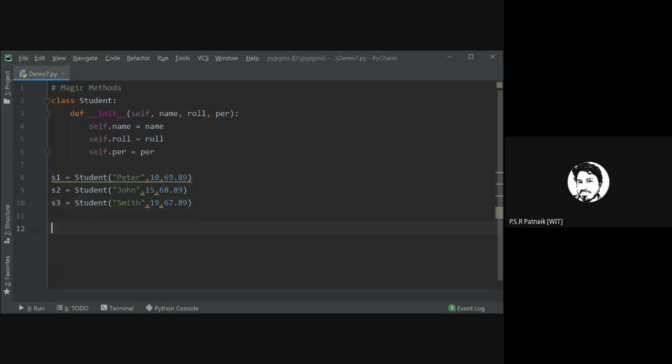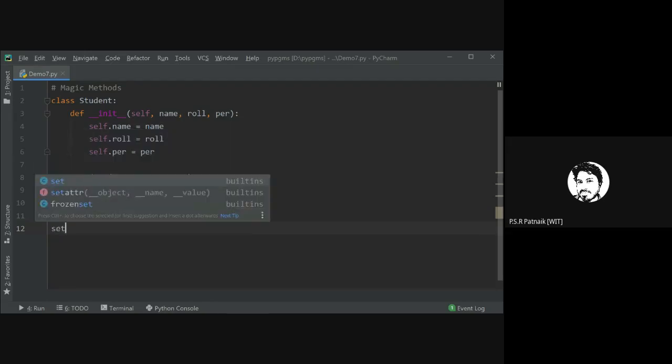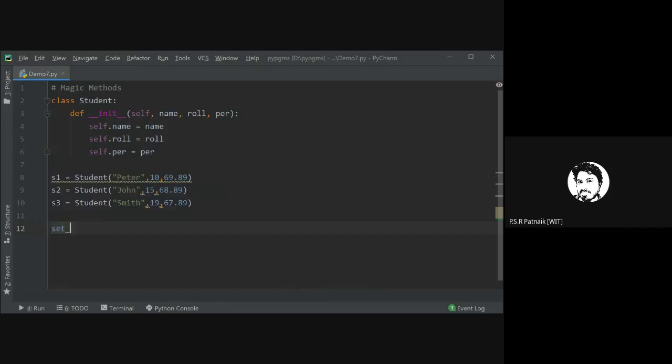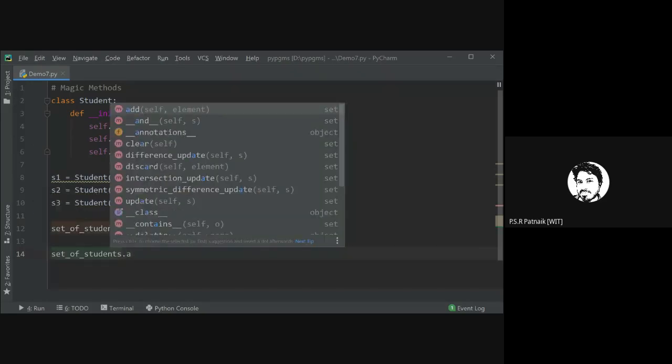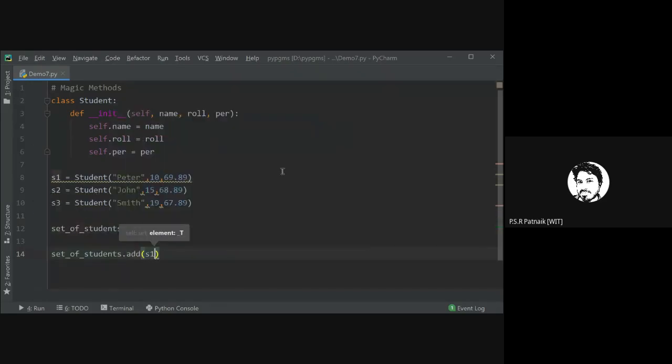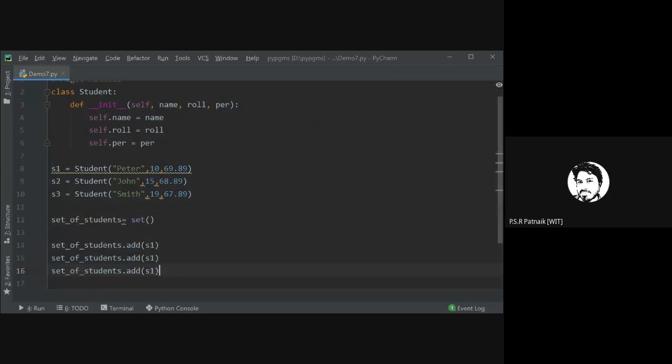Fine. Now my question is, if I want to create a set of students, students is equal to set. I have created a set of students. Now to this set I want to add these students S1, S2, and S3.